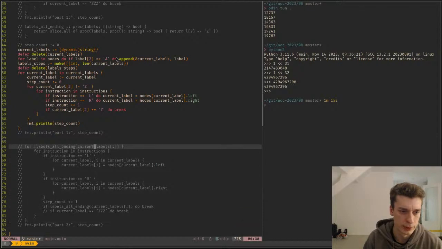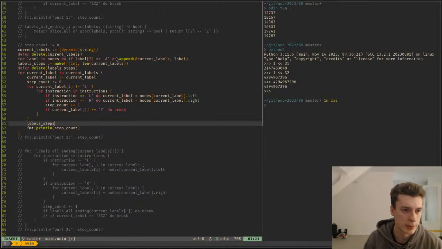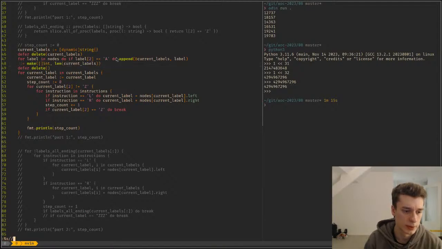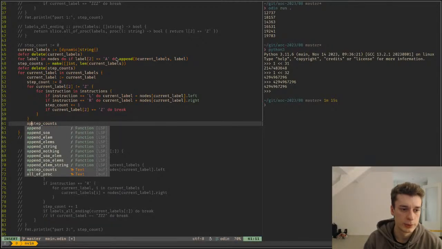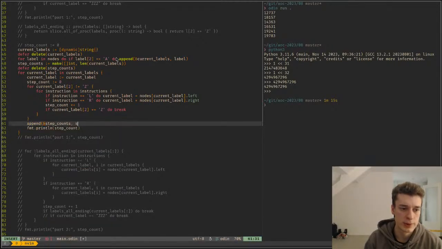Boom, boom, boom. We do labels steps. I don't use it yet, but I do just labels step. Let's just call this steps, step counts up, and we do happens this step count, and indeed it's not dynamic, so it's an I, and we can just do this and do